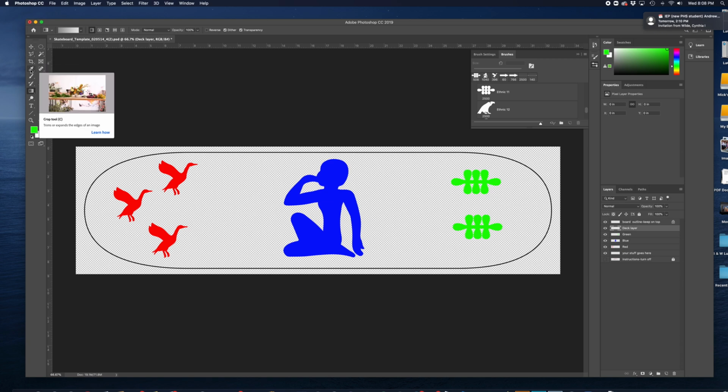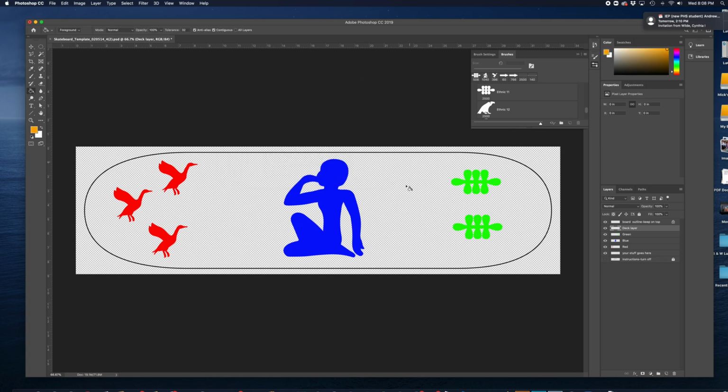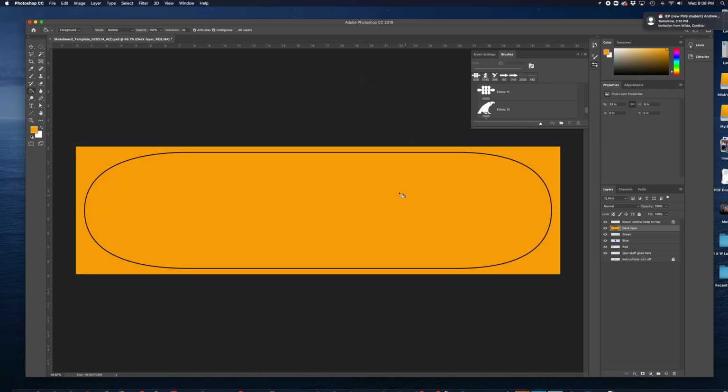It may be different on your version. If I right click on it, I'm going to grab this, looks like a paint bucket. I'm going to grab a different color. I'm going to grab kind of a golden orange almost, and I'm going to throw that down. All right, so